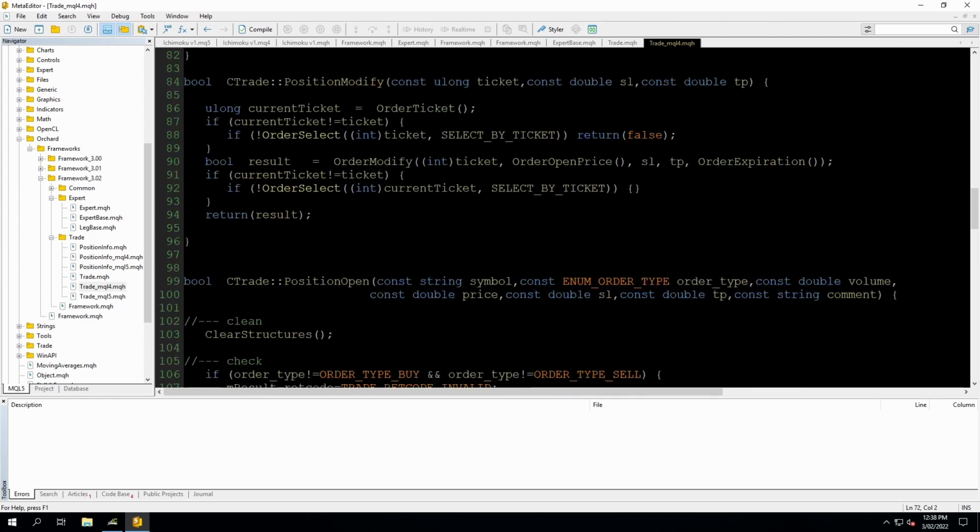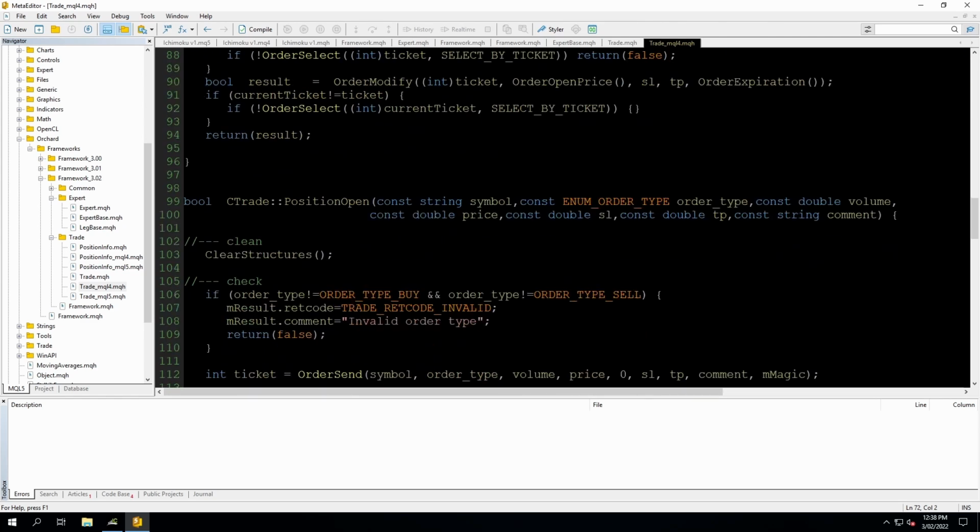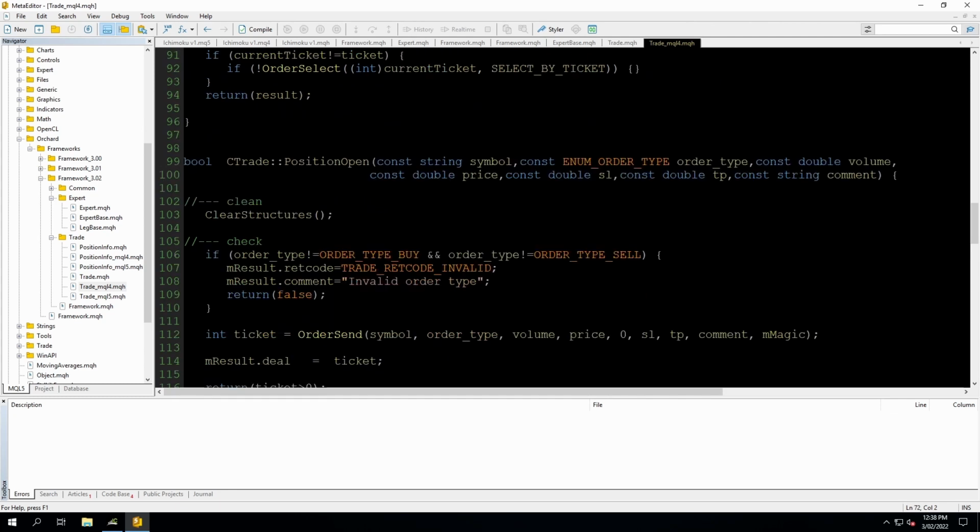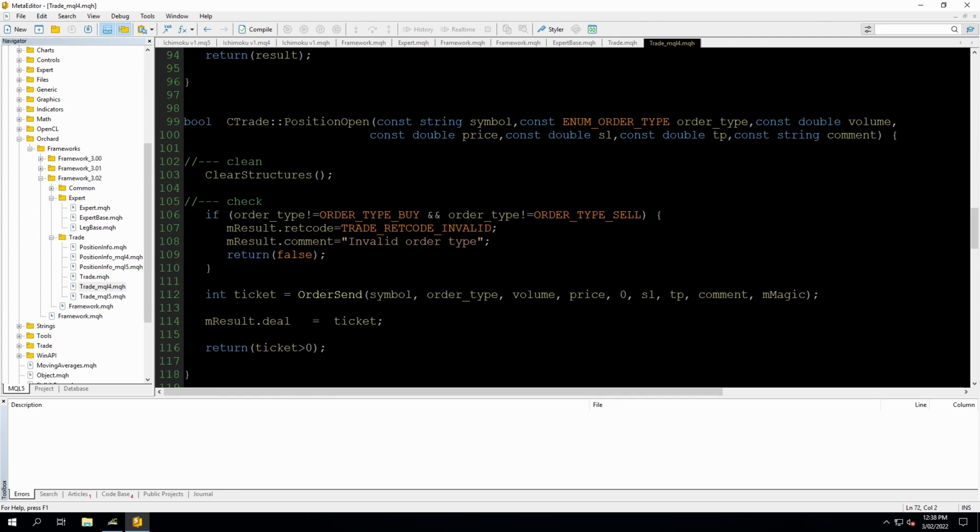I'll go to position open because that's what's being called now. So position open was an existing function. I'm now calling it from buy and sell. But the change I've made here is this: I've captured the ticket. Int ticket equals order send for MetaTrader 4. So this is the standard internal order send function which returns the ticket number, and I'm storing that ticket number